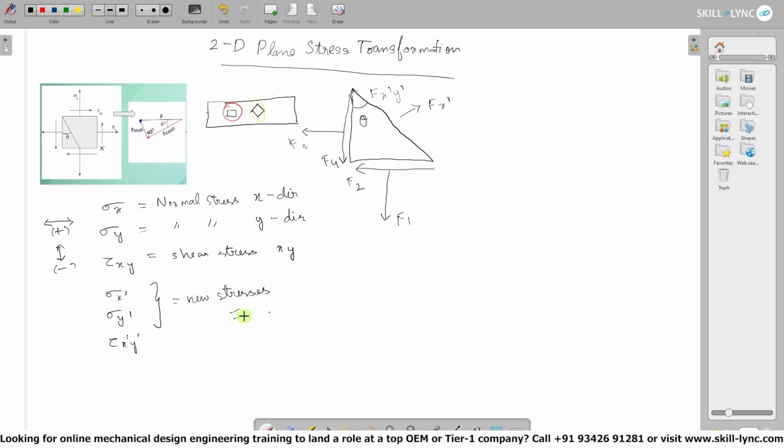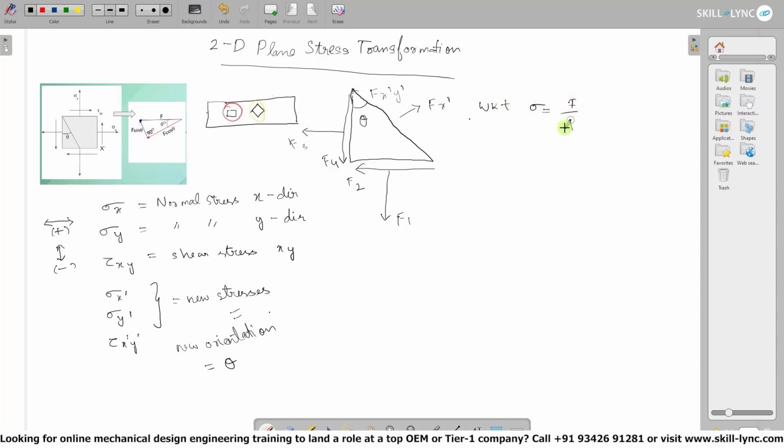Now that we have taken these stresses from a new orientation, it also means that this new orientation is formed due to an angle theta, right? So, that angle is given here as theta. Now, I've taken this triangle, which is basically the triangle that is formed due to the original element and the new element which was formed due to the orientation angle theta. Now for the equations, okay, we know that